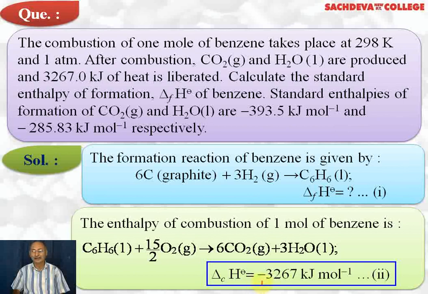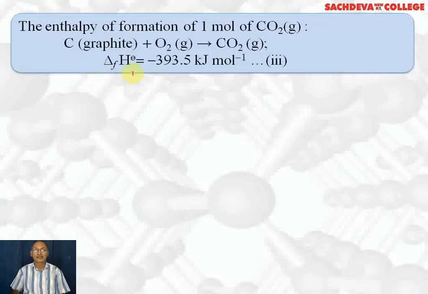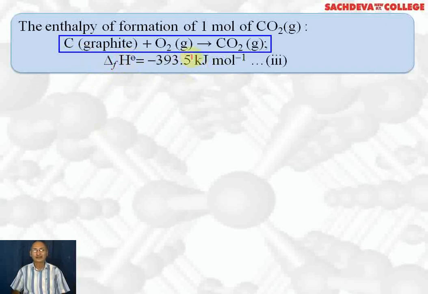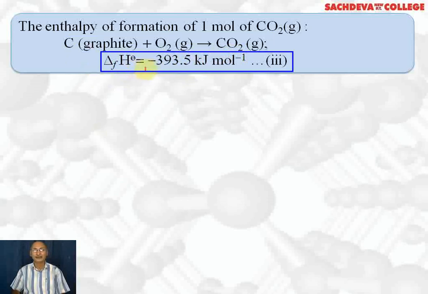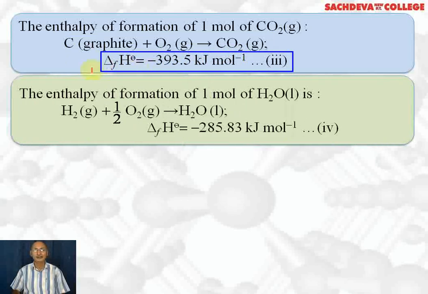This minus we have added ourselves because all combustions are exothermic processes and delta H is negative. So be careful to add minus in heat of combustion. The enthalpy of formation of 1 mole of CO2 is given to be minus 393.5 kilojoules per mole. So we write carbon graphite plus oxygen gas gives you CO2 gas, and delta H of formation is minus 393.5